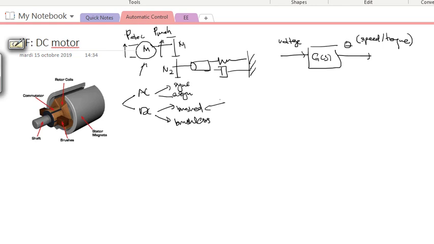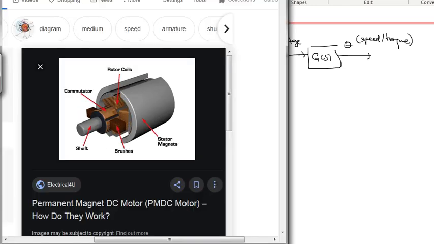Of course, in your future career or future project, if you have different motors, what you have to do is recreate it using the same principle of this transfer function development. So we have to look a bit at the DC motor. The picture on the left-hand side of the screen is a diagram of the components that we have in a DC motor. I think I have a GIF. Yes, so this is how a DC motor operates.